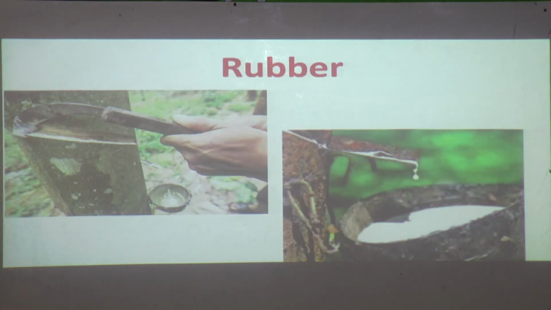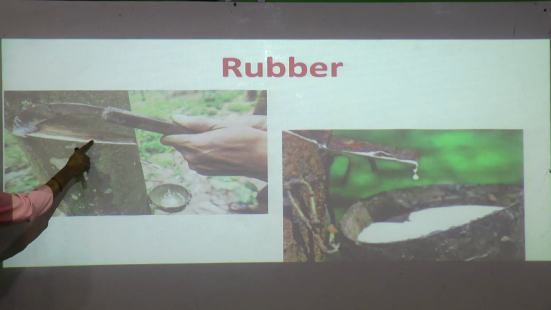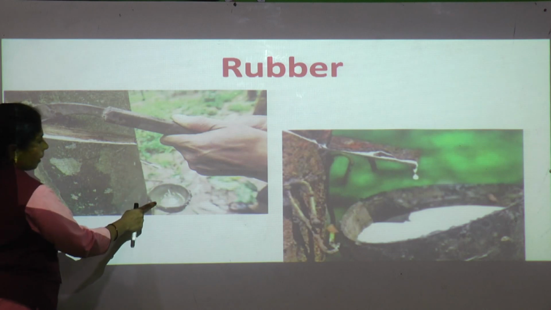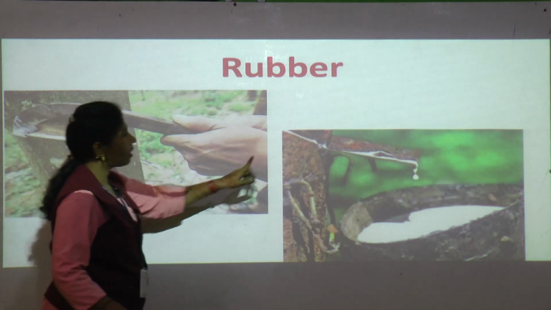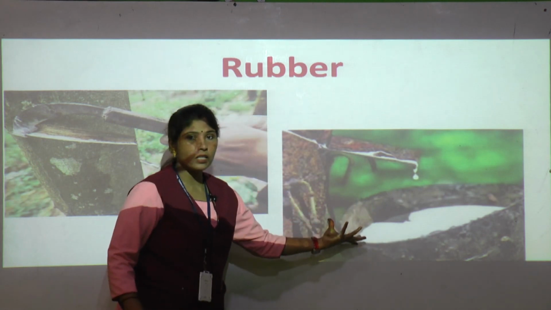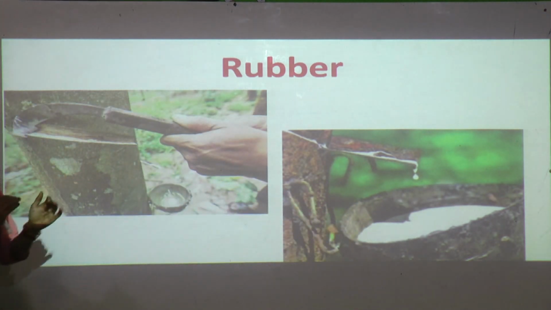So now rubber, what are you doing? Yes, when you get something wrong in your writing book, you erase it. What do you use? That rubber. What do we get? This is a rubber plant or a rubber tree. Where can we see this? Yes, this is white color. This is the only place where we get rubber. So it is a rubber tree where we get, see, a drop sinking into a small utensil, correct? It is collecting all the rubber.